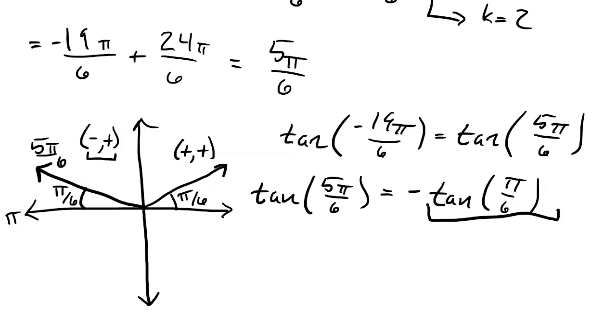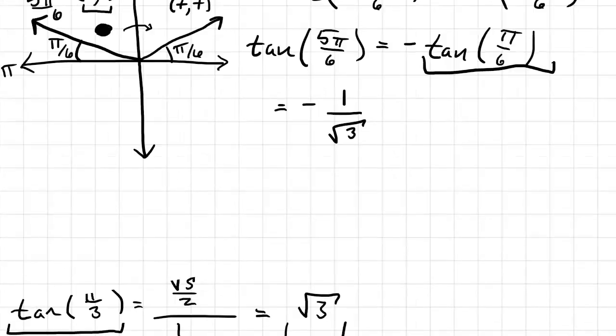But since we're over here in the realm where tangent is negative, and we want to find the value of tangent in this region, we need to take the negative of what it is in the first quadrant, so that we get a negative output instead of a positive. So tangent of pi over 6, if you memorize these angles, then you'll know right away that this is 1 over square root 3. If you haven't memorized these angles,